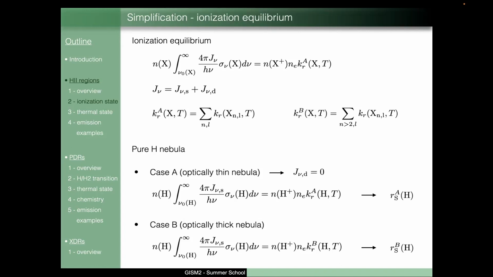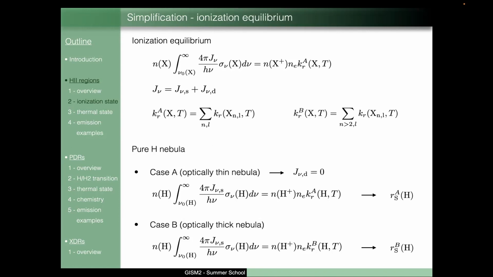First, you make an assumption regarding the radiation field generated by the nebula. Then you solve the ionization balance. Then you recompute the radiation field generated by the nebula, and so on and so forth, until you reach convergence. Okay. But in fact, there are several cases that are found in the literature, in the textbook, which are very